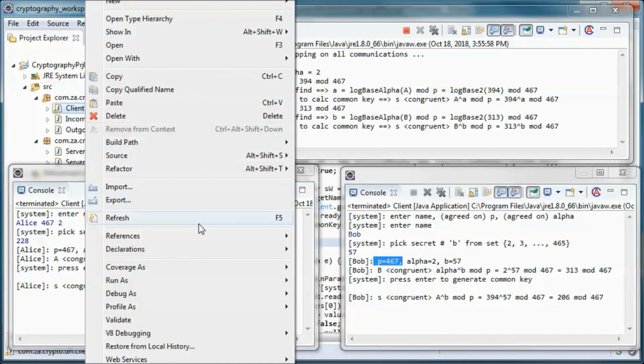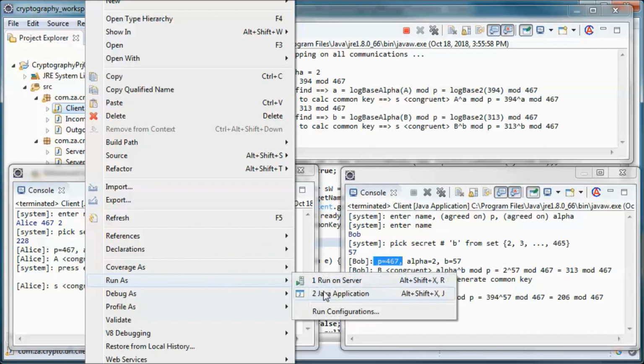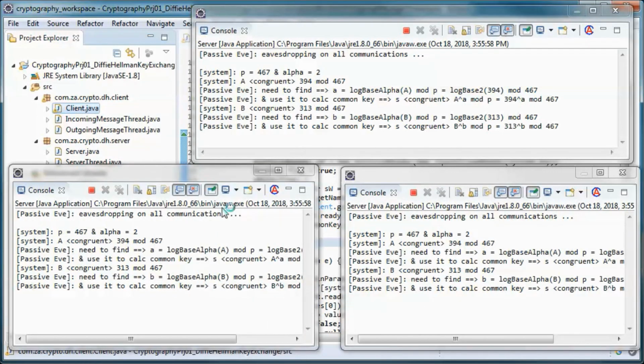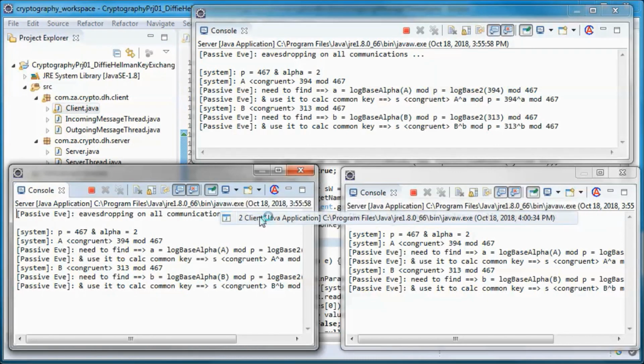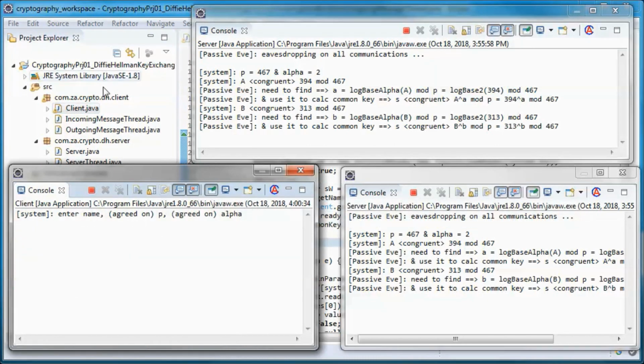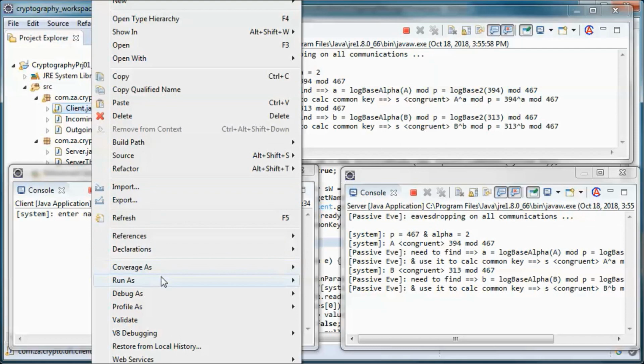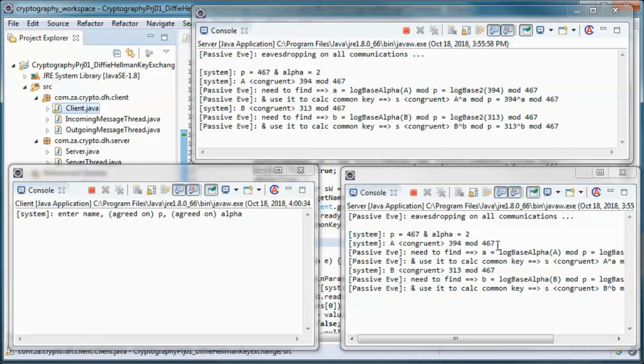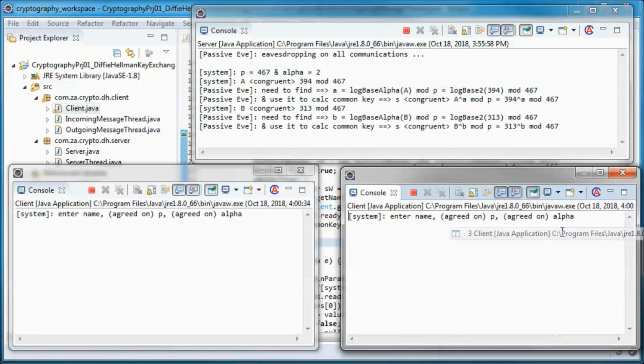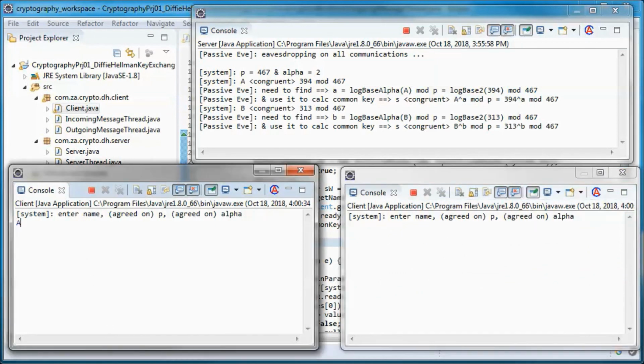And let's start two more clients. And let's keep P as 467 and alpha as 2.